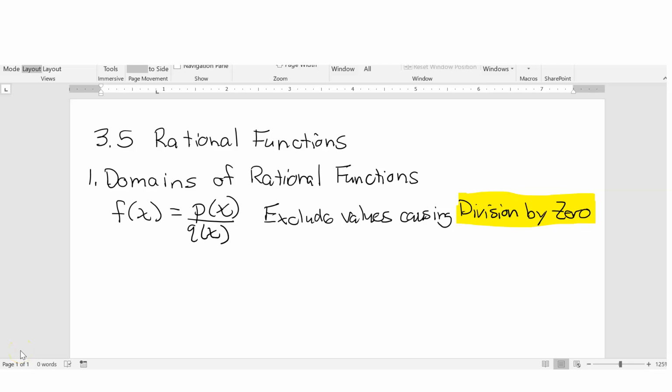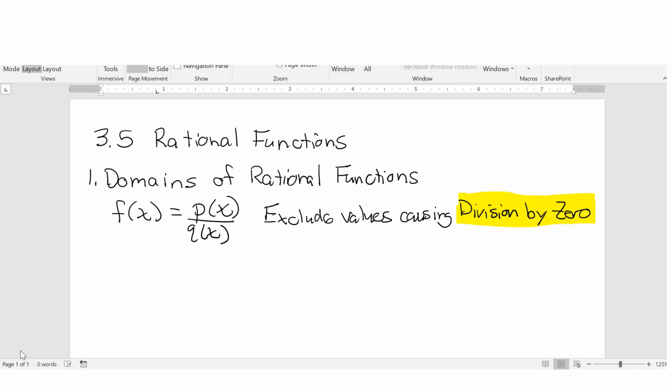In section 3.5, we're going to look at another group of functions called rational functions. Up to now, we've looked at quadratic functions, polynomial functions, and now we're going to look at rational functions. And like the previous chapters, we're going to look at some topics individually and then really put them all together to graph the functions. The first thing we'll look at are the domains of rational functions, and this is really